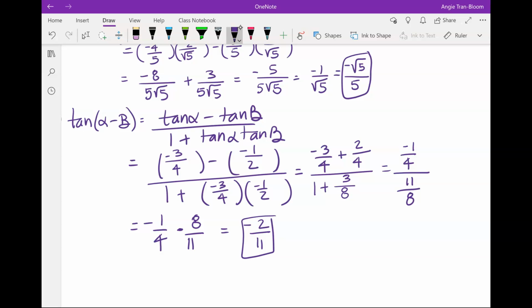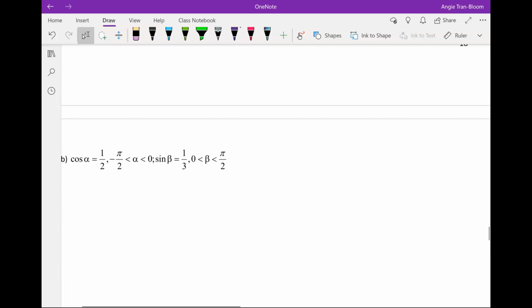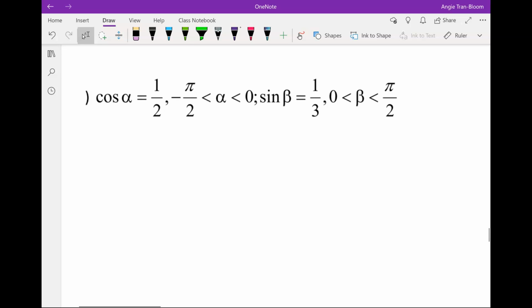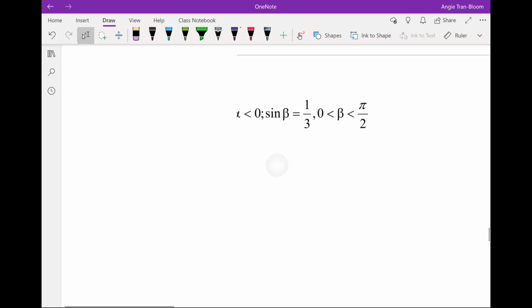Alpha. 1. This one's, yeah, for the y value. Two right there. Oh. Yeah. Right? Oh, and this is